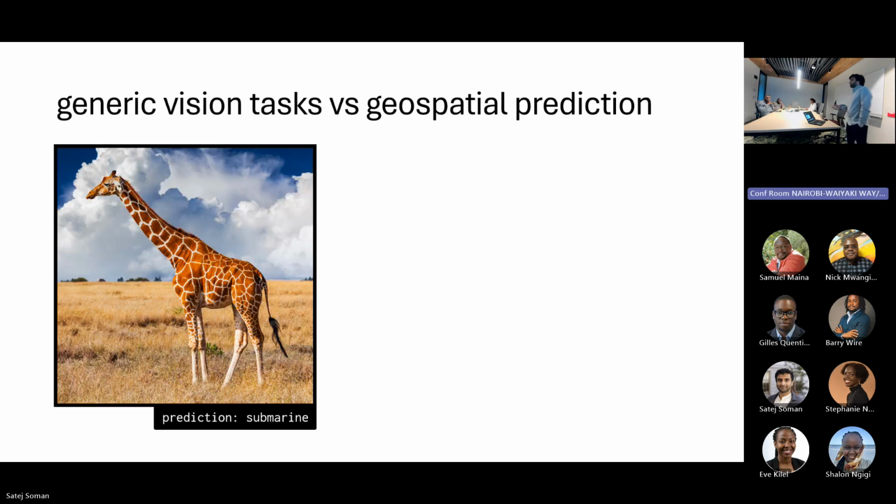If I could sum up the core motivation behind a lot of these similar systems, I would say that evaluating a generic vision model is qualitatively different than evaluating a geospatial foundation model. What I mean by that is, let's take this example here. Say I give this image of a giraffe to a vision classifier, and it spits out the prediction that, oh, this is an image of a submarine. I don't have to pull in any other data to understand that this is a category error, right? Just from what the model sees and comparing it to the model output, that's all I need to know to evaluate this particular prediction.